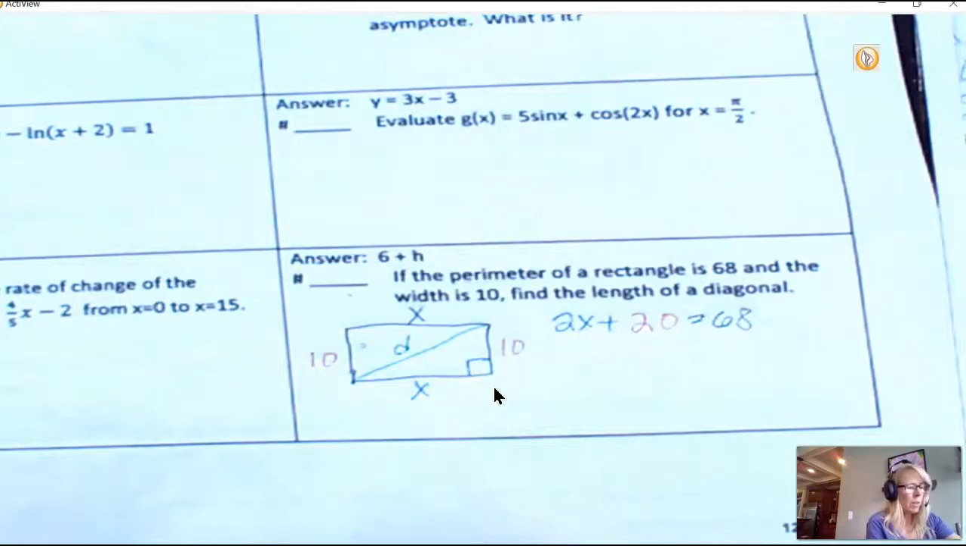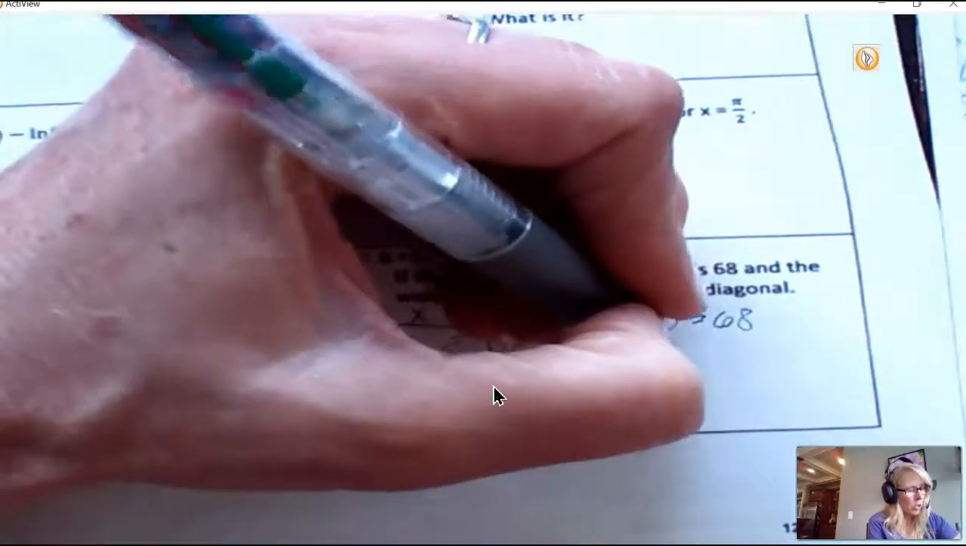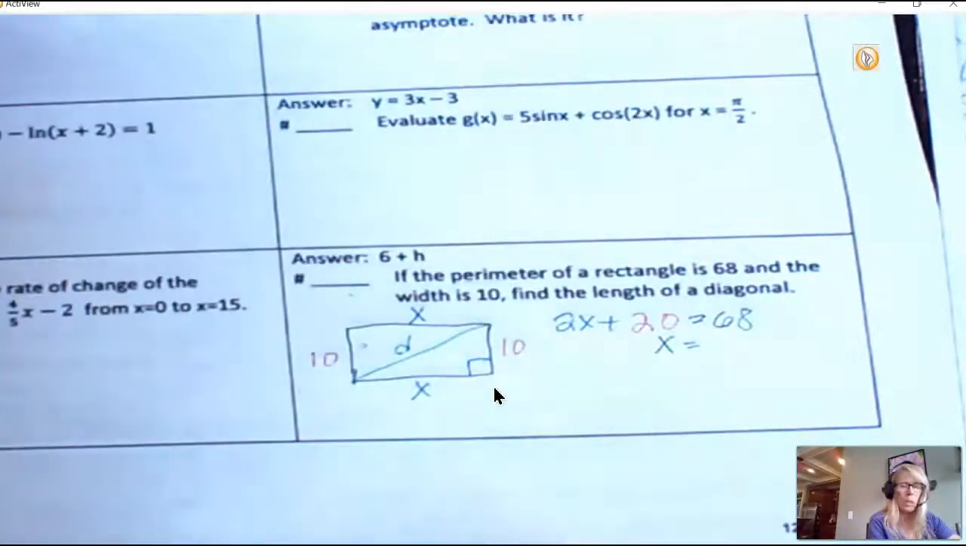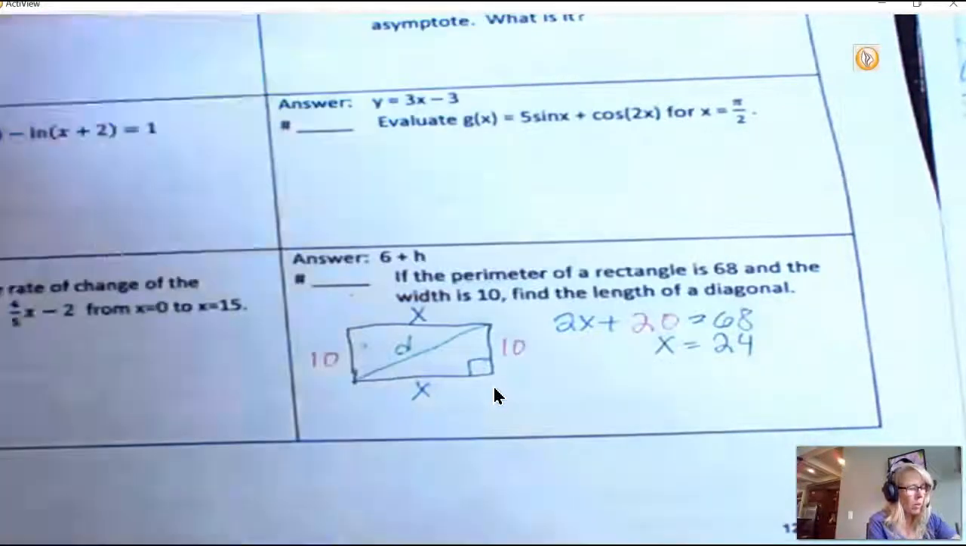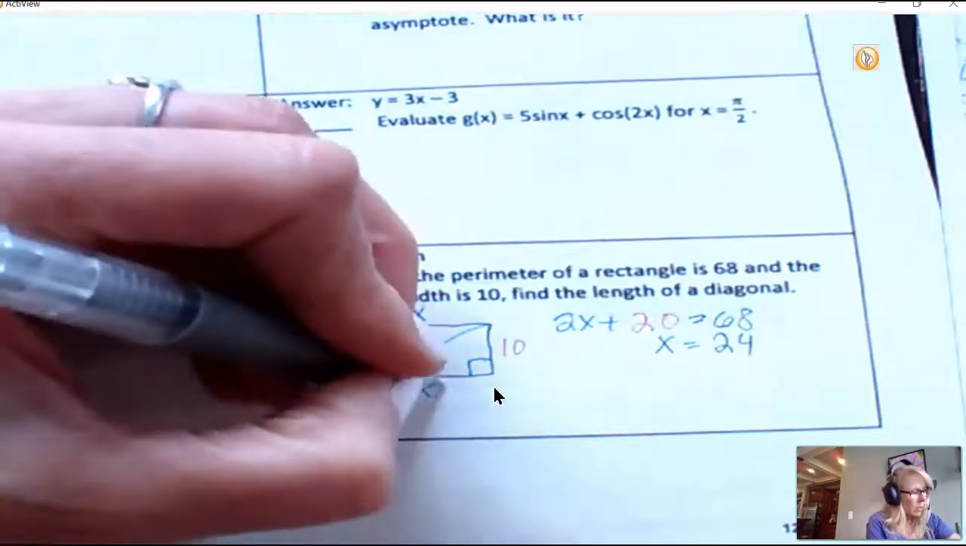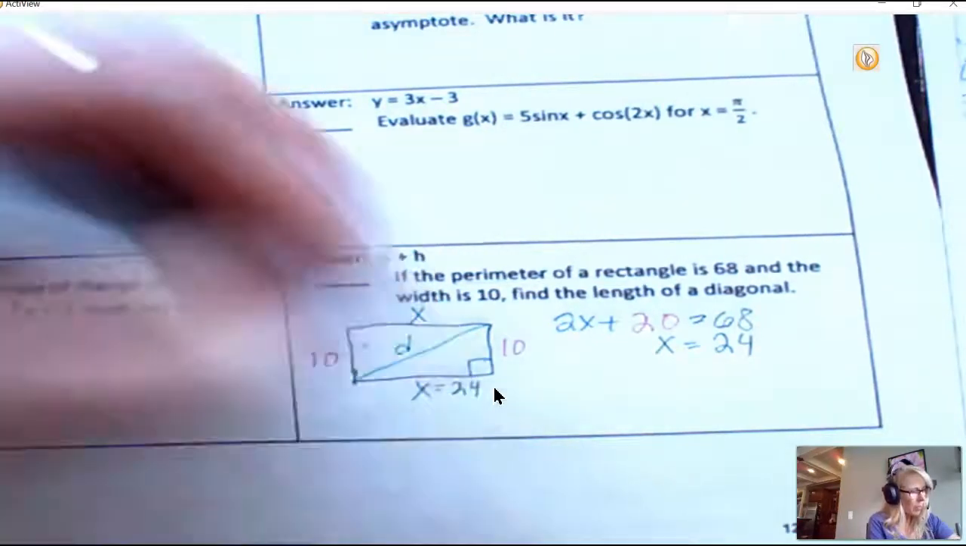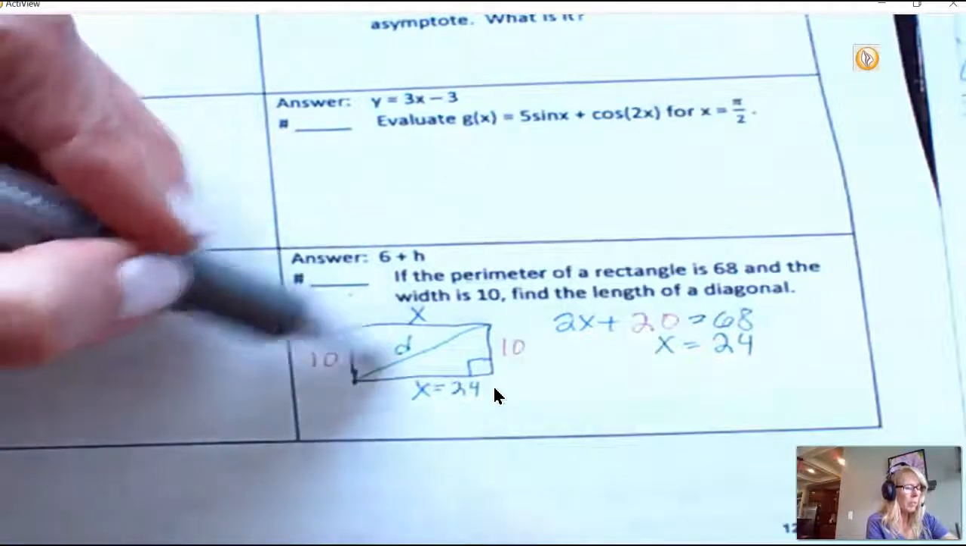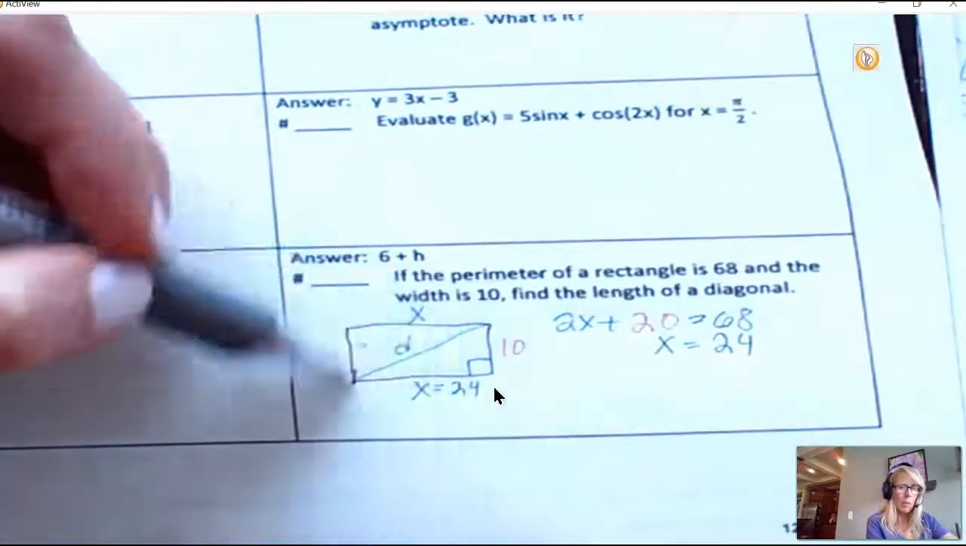So then you can solve for x: subtract 20, divide by 2, and I'm going to do that really quick. So subtract 20, you get 48, divide by 2, you should get 24. Okay. All right, so I can make a 24 right here. Now, I don't think it'd be hard to find the diagonal if you think about the Pythagorean theorem of this